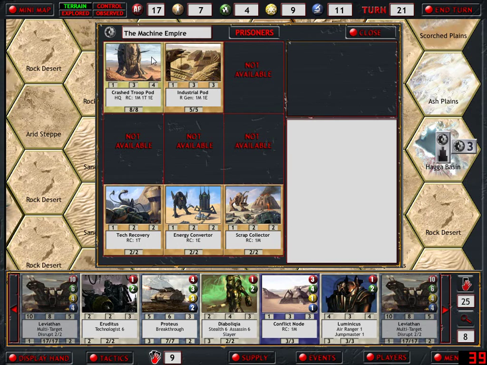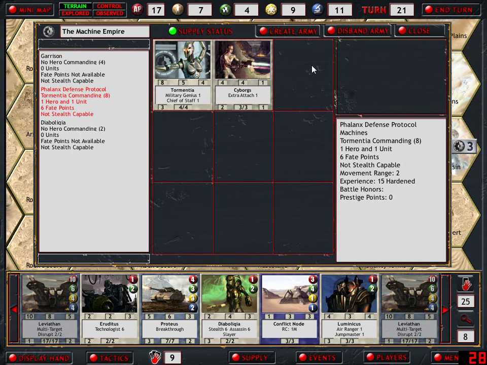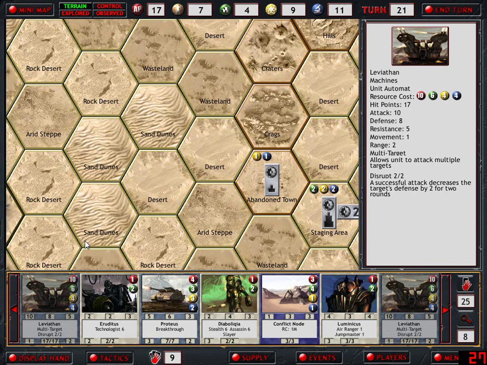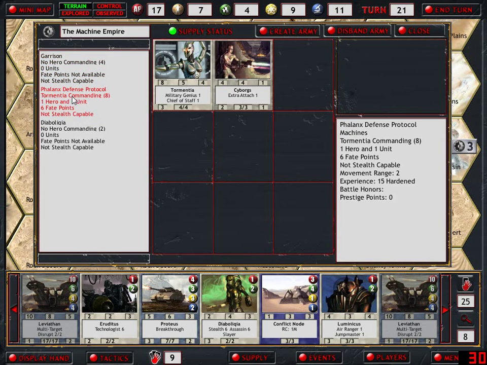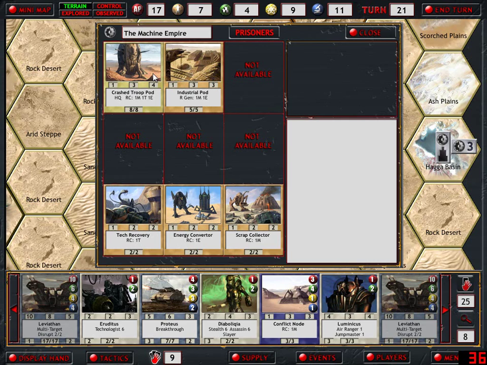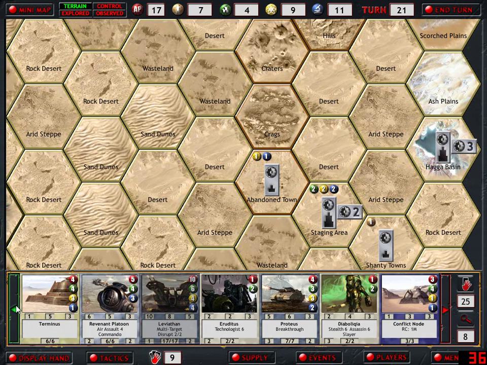I need to upgrade my Crash Troop Pod, but I'm not going to do that next turn. Instead, on turn 22, I'd like to deploy a Leviathan, getting it into Phalanx Defense Protocol. The third turn after that, I'd like to deploy another Leviathan, because I'll have the materials in those two rounds to do this. I'd also deploy that into Phoenix Defense Protocol. Then, the next turn, I would upgrade my Crash Troop Pod, and I'd probably deploy...